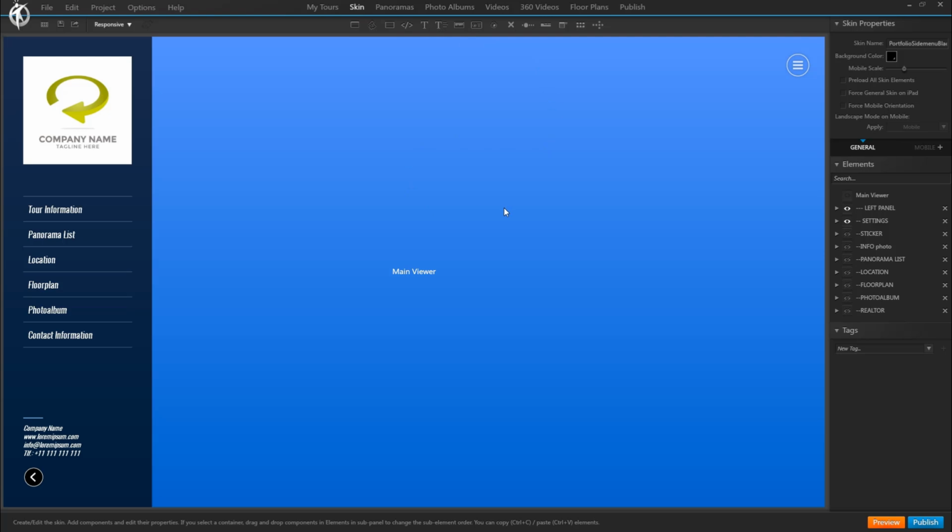Similarly to tags in other tour elements, they are useful in the skin as well to group and sort skin elements on the one hand, but on the other hand, they're especially useful for assigning actions, which we can now assign to a whole group of skin elements that have something in common. For instance, we could show or hide all elements that have the tag XYZ. So again, we'd be grouping the elements and won't have to go one by one through each skin element here.